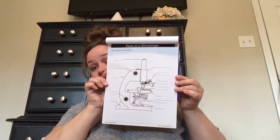Okay, the next one coming up is Science Experiments and Inventions. Are we going to be able to do science experiments? Let's see. Is there science experiments? The first one, parts of a microscope. Perfect. I have a microscope. And then we've got,